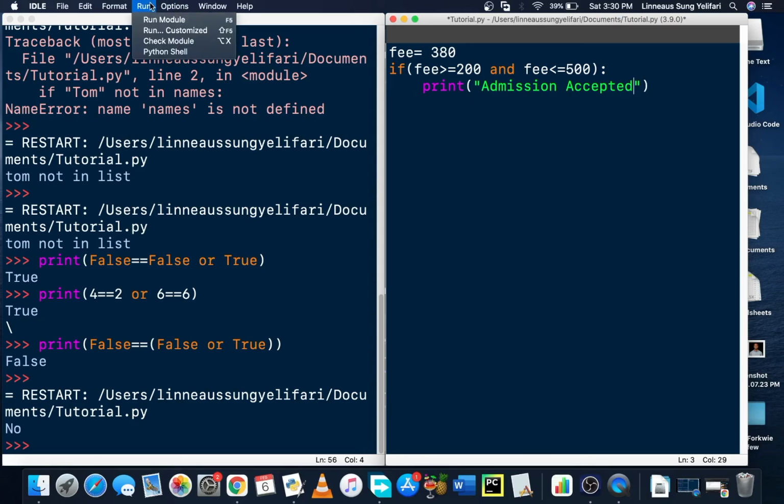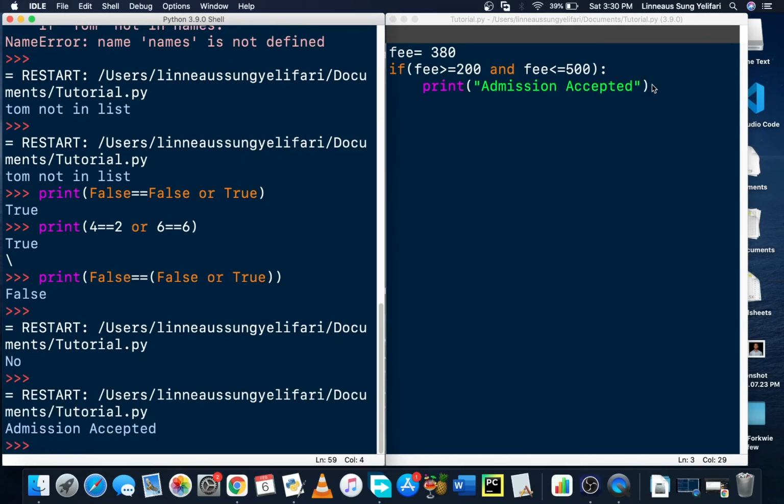So let's save that and run. It just checks the variable we've created to see if it's within the range we've given it. With the conditional statement, is fee greater than 200? Yes, it has met that condition. And is fee less than 500? Yes, it has met that condition, which is true, true. So true and true is a true,